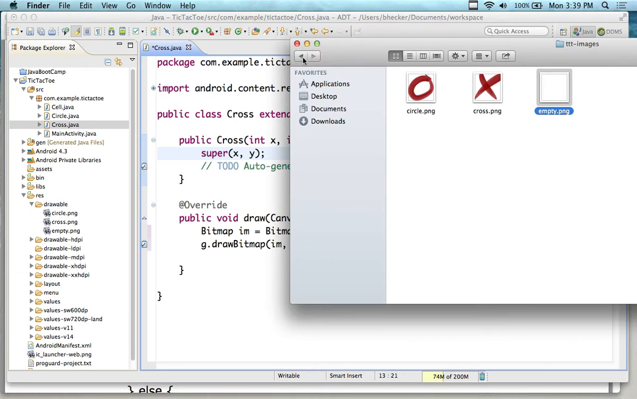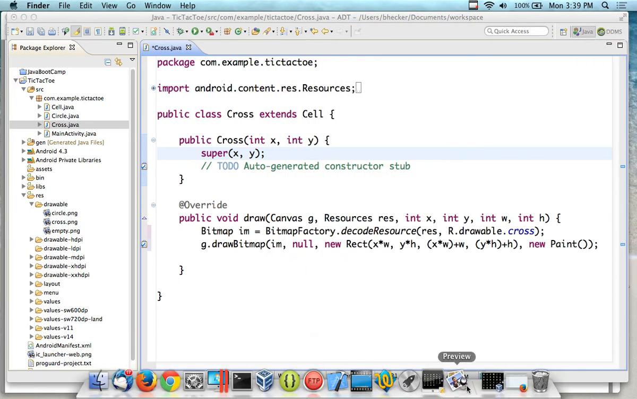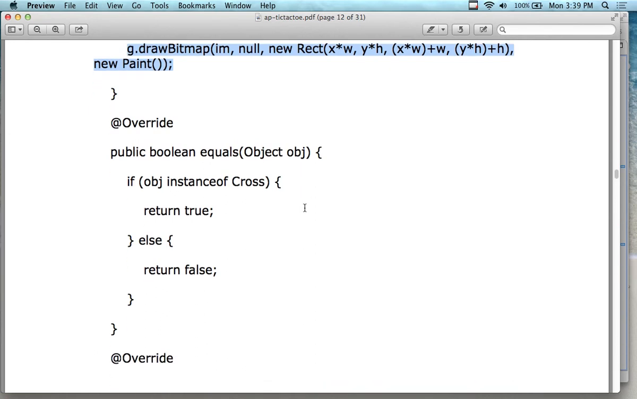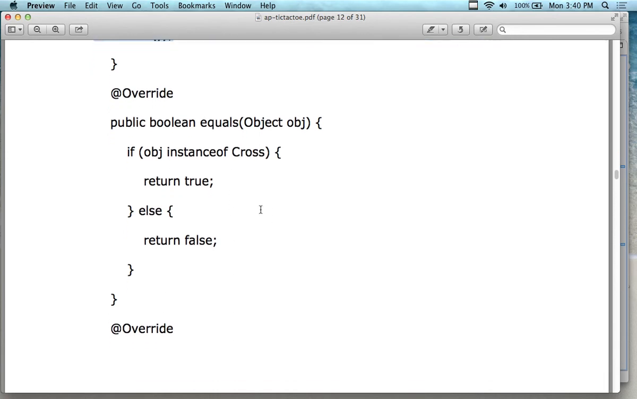There are a couple more methods we need to put into the circle and the cross. So this one is for the cross. I'm going to show you the cross, and we'll put it in cross, and we'll put it in the circle. One of them is going to be an equals. We want to see if this object is equal to another object, because eventually we're going to see if there's something in there. If we have an O and it's equal to a circle, we're going to see if the circle is equal to another circle. Remember this instance of? So we're going to say if this object is an instance of cross, then return true,